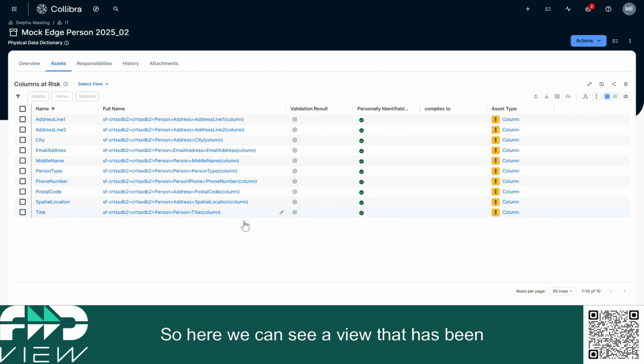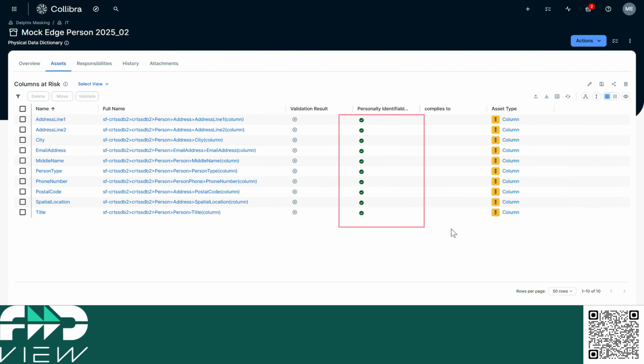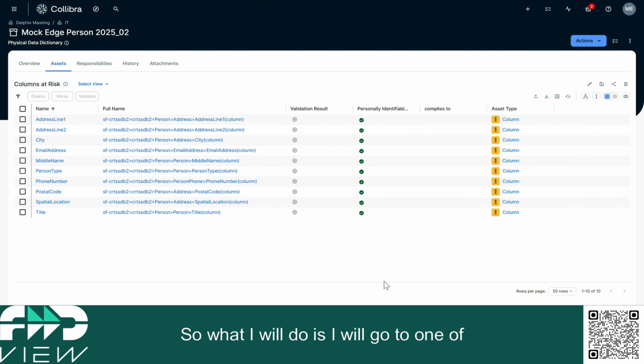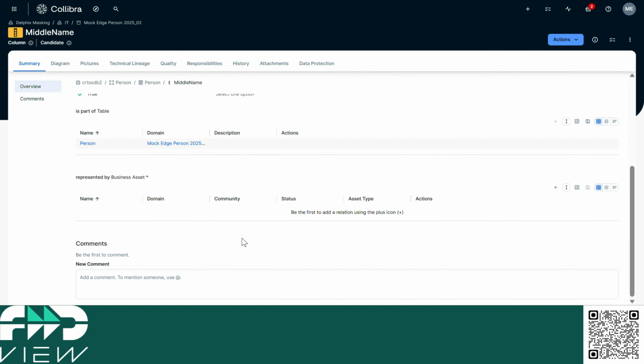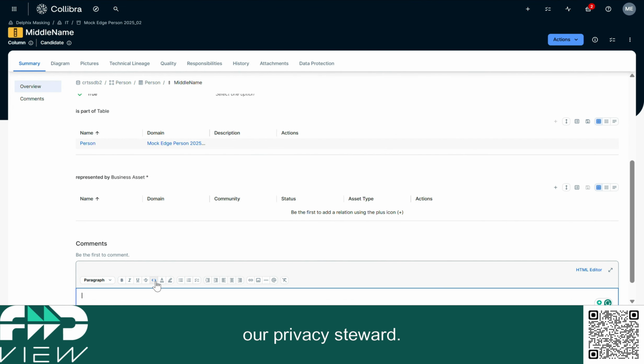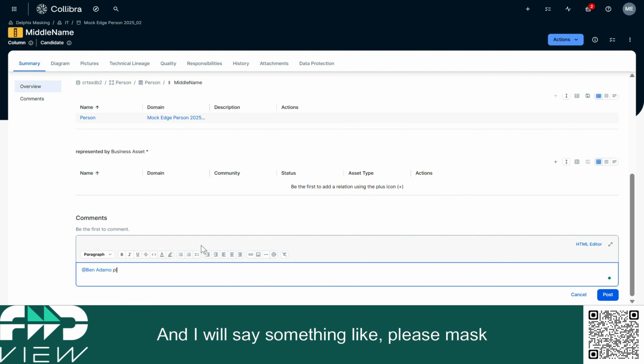So here we can see a view that has been created in this domain that is specifically filtering out just the columns at risk. As you can see, they are all listed as personally identifiable information. However, there is no Delphix masking rule that would be stored in this column. So what I will do is I will go to one of the assets and I will tag our privacy steward. And I will say something like, please mask